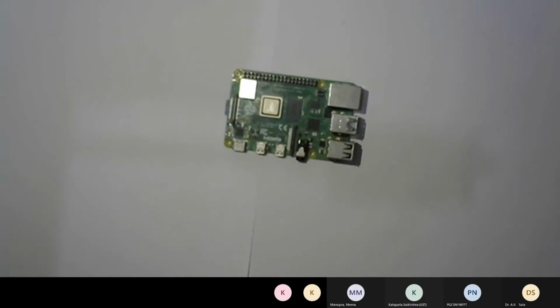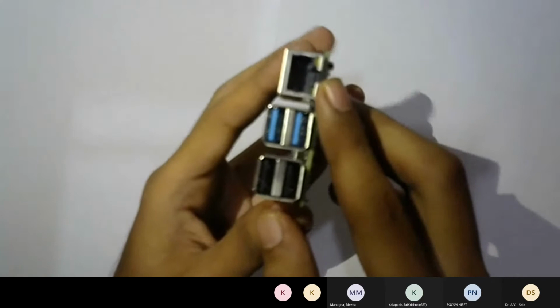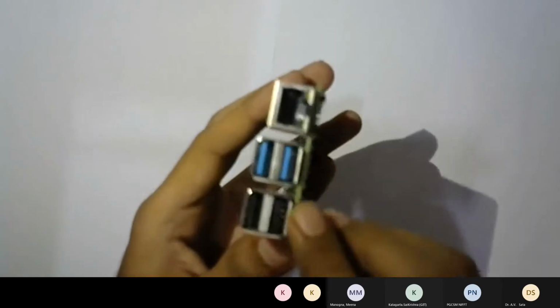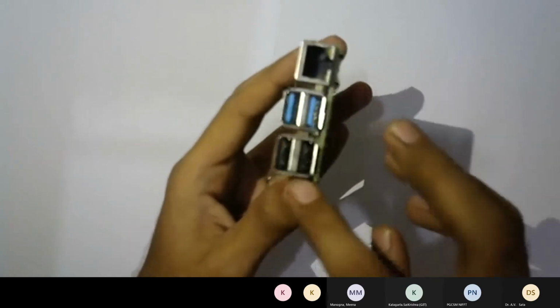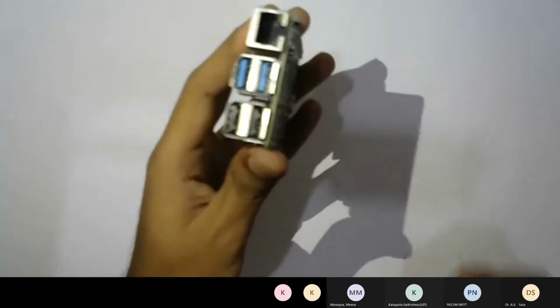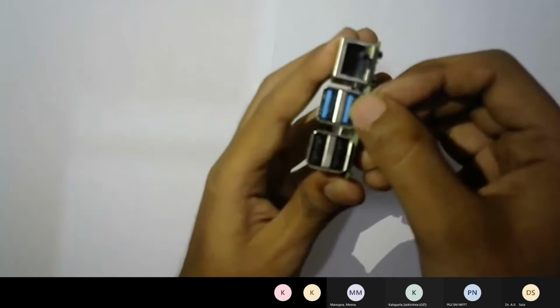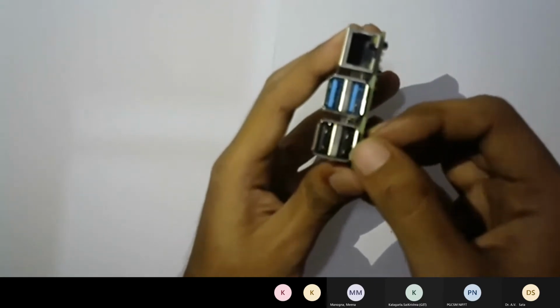Okay, and then there is this Ethernet port over here, which has the capability to connect with Ethernet. There are these four USB ports available on this chip. These two blue ports are 3.0 ports. As we know, the blue ports are USB 3.0 and black ports are USB 2.0.